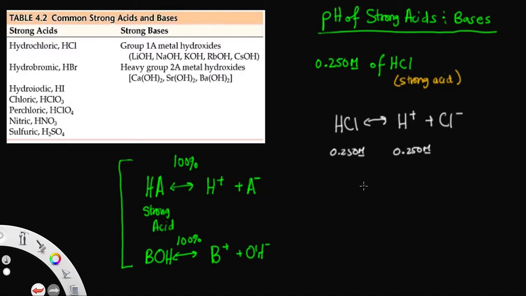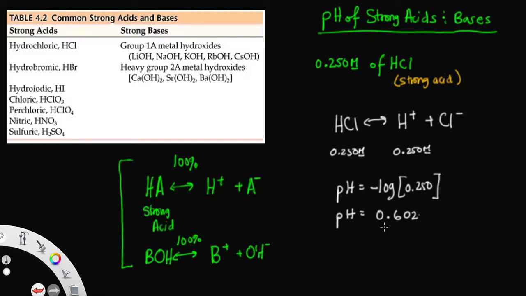So if we want to find the pH of a strong acid, we simply take the negative log of our H plus concentration, which we know will be the same concentration as our strong acid because of the 100% dissociation. So negative log of 0.250 moles per liter, that's our concentration of H plus ions, and if we were to plug that into our calculator, we should get a pH of roughly